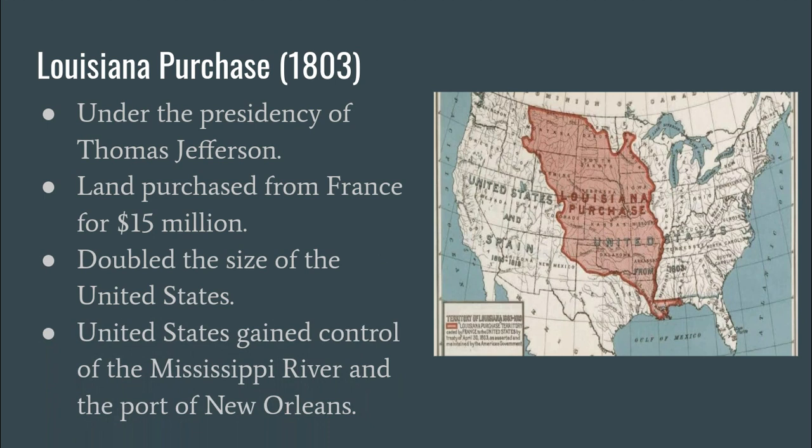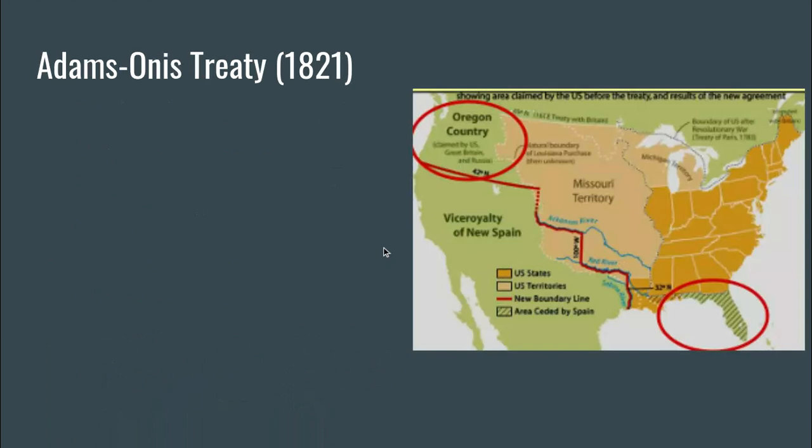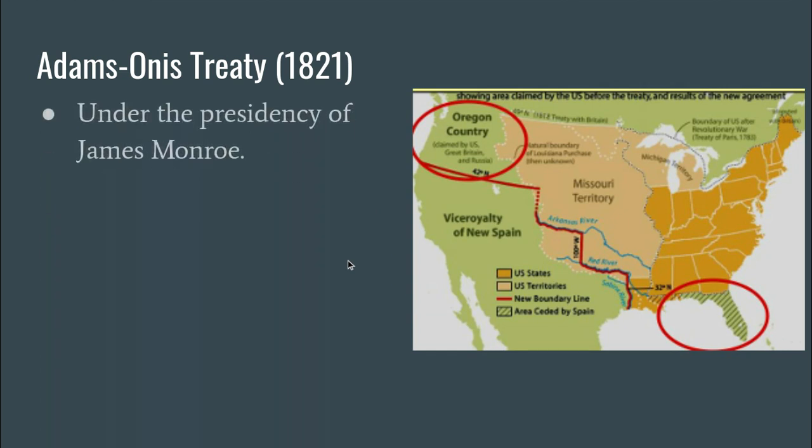The Mississippi River for travel, and New Orleans was a city where the Mississippi goes into the Gulf of Mexico. So it's easy. They use that to get to the coast of the United States or to Europe. So it was a big deal, and we've already talked about this as well, but it doubled the size of the United States. And then next, in 1821, under the presidency of James Monroe,